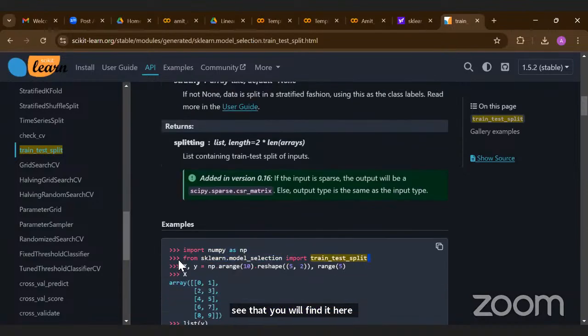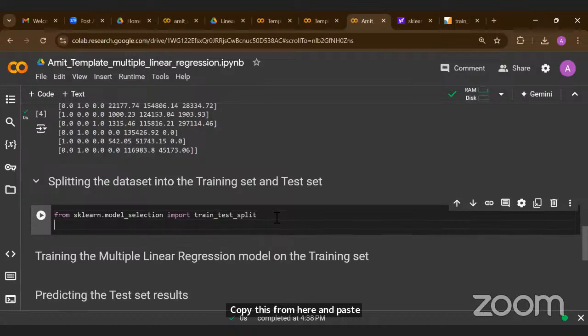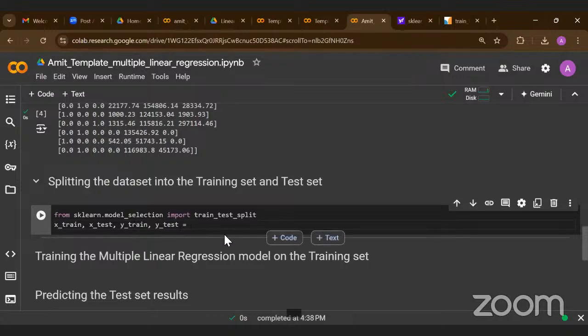So we will copy this from here and paste it here from scikit-learn.model selection. We are including this train test split. Now we have done it multiple times. So X train, X test, Y train, Y test. So we are making these 4 variables, our training set in X and training set in Y, and we are using this train test split method